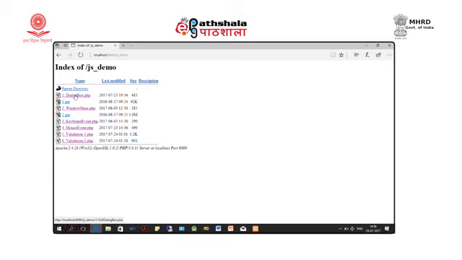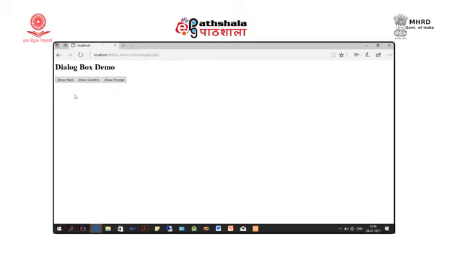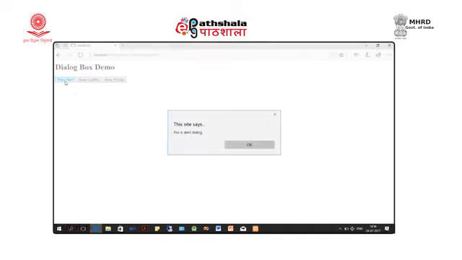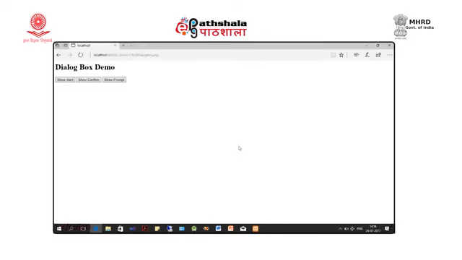I click on that, it displays 3 buttons as I mentioned earlier, and when I click this, it displays this alert dialog. So, you can see this is an alert dialog, the input given by the argument, and when I press OK, it disappears.